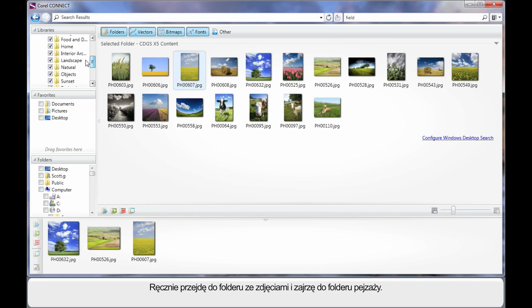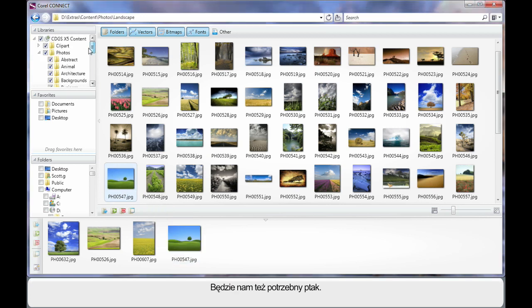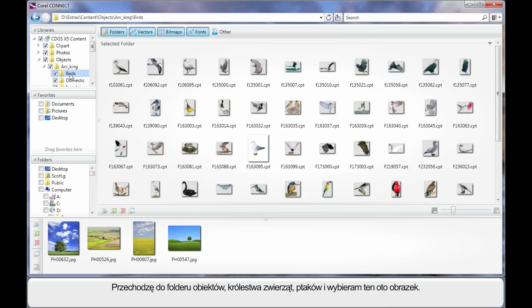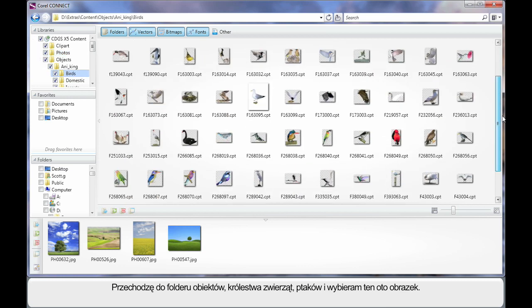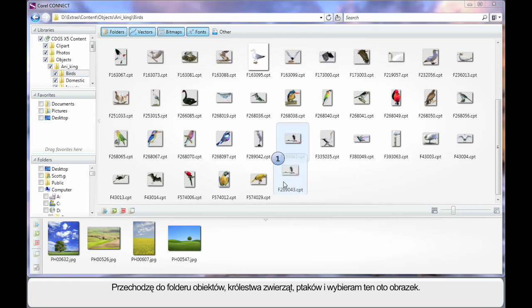inside of the Landscape folder. And this image down here looks like a good field image, so I'll pop that one down there. And also, I think we will need a bird. So I'll go to Objects and to the Animal Kingdom and to Birds. And we'll navigate down to the bottom here, and I'm going to select this picture here, and I will pop